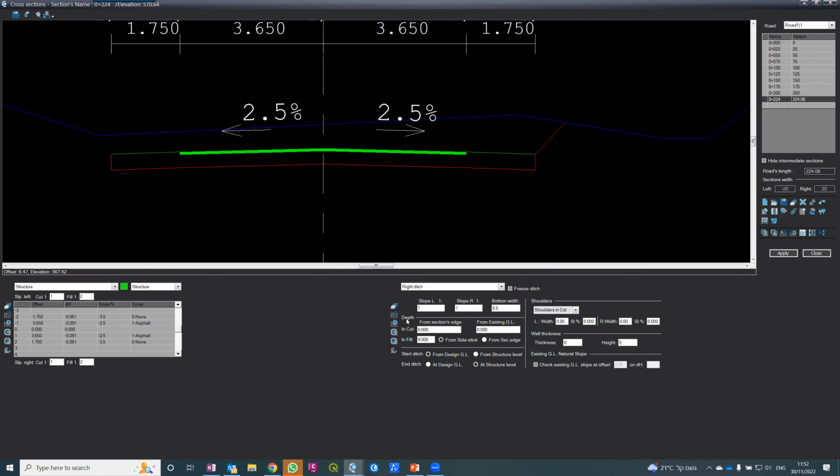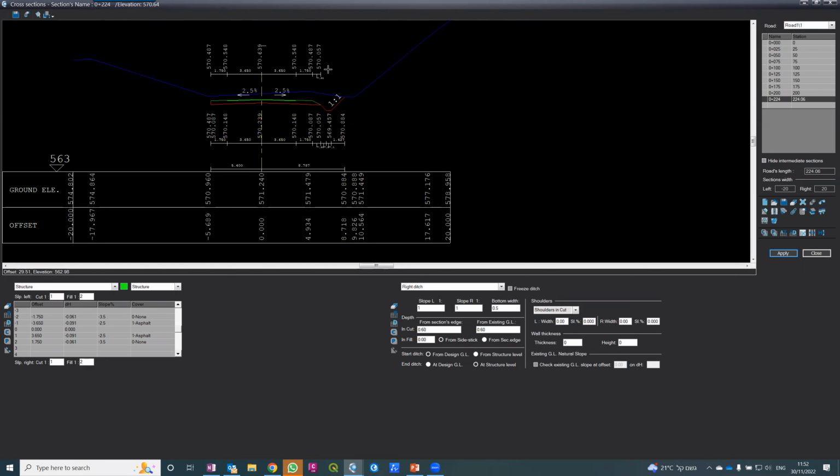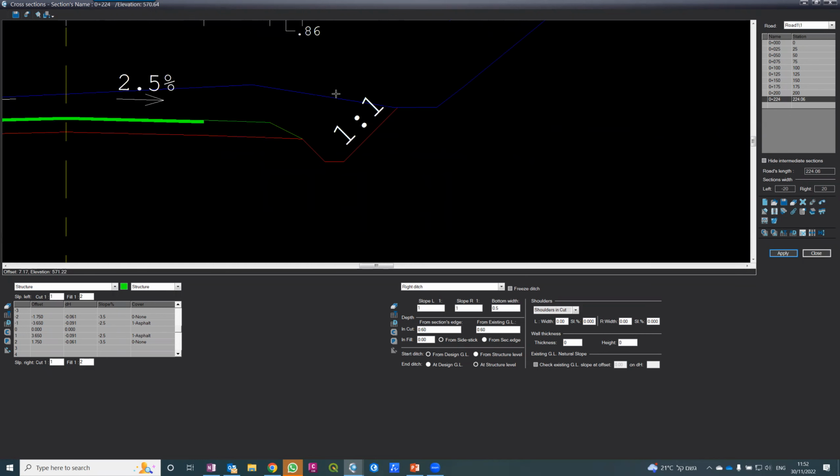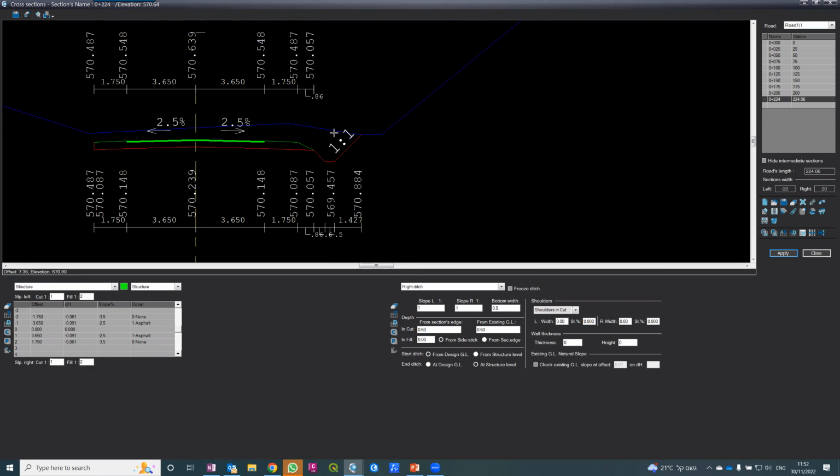Now, I want the ditch to be created only in cut, meaning only when the section goes into cut areas, create ditch. If it's in fill, don't do a ditch. So I'm only entering the data for cut. And cut go 0.6 meter depth. And that's it. Here it is. This is the one which I use 1 to 1, 1 to 1, and 0.6 meter